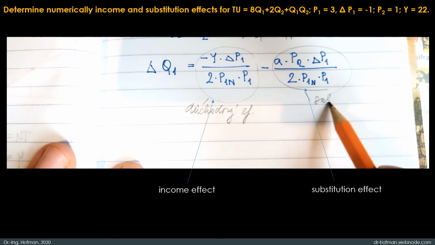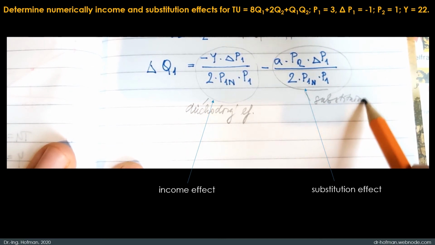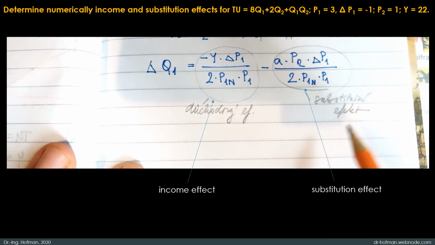The income effect is given by this first expression for delta Q1, and the substitution effect is given by the second expression, minus A times P2 times delta P1 over 2 times P1N, that's the new price,